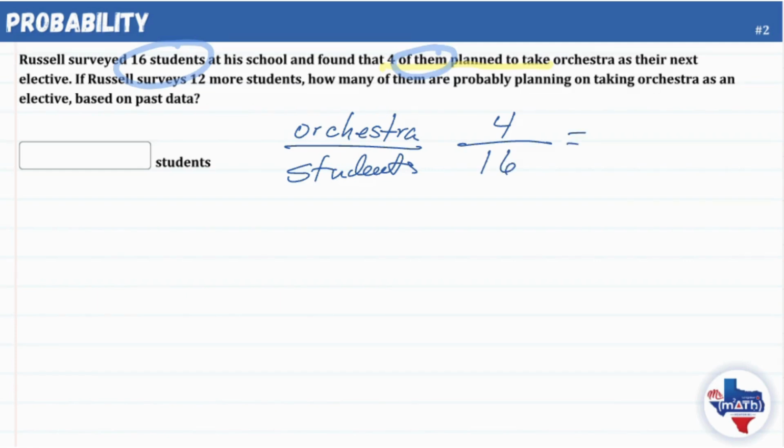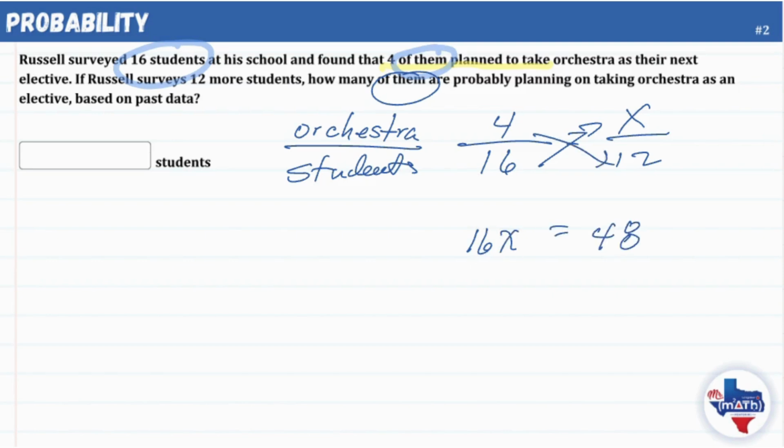And if we survey 12 more students, in other words, if we take another 12 students, how many of them, out of the 12, would be interested in the orchestra as an elective? So we can set up a proportion as 4 over 16 equals x over 12. We can then cross multiply: 16 times x, and then 4 times 12,